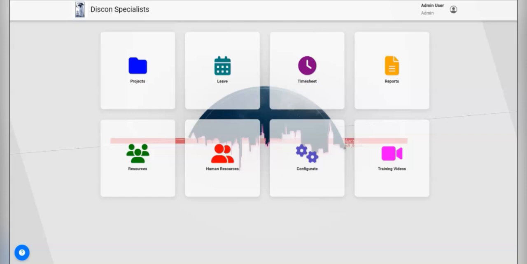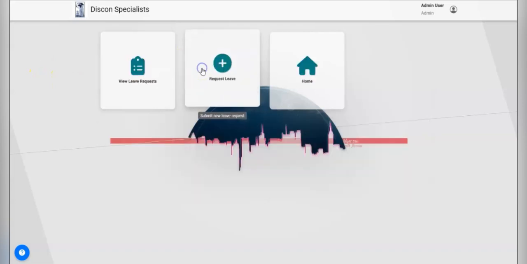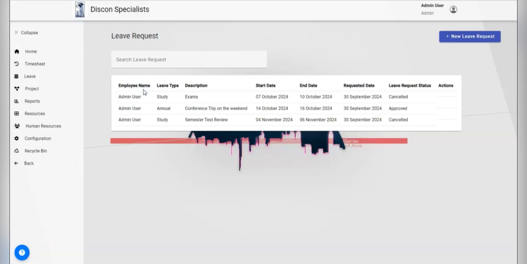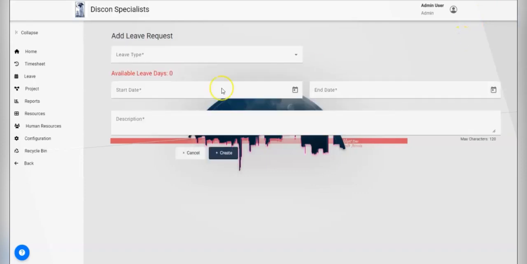In this section of the video, we'll be going over the leave subsystem. So you navigate to the leave card and you can view your leave requests. If you would like to add a new leave request, you can click the leave request button, or you can